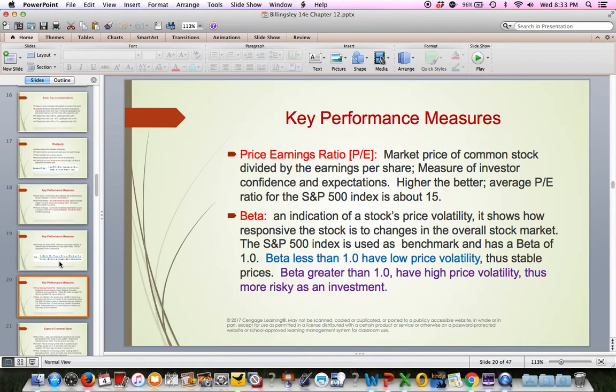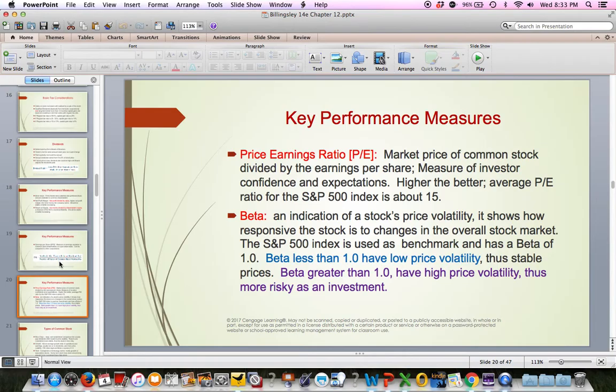If ratios are really, really high, that means there's a lot of speculation about the stock. But typically, the average ratio it says for the S&P 500 is 15. I've had people who are professional investors tell me that they try not to buy a stock that has a PE ratio above 20. Once you get to a higher PE ratio, there's typically more risk with a particular investment.